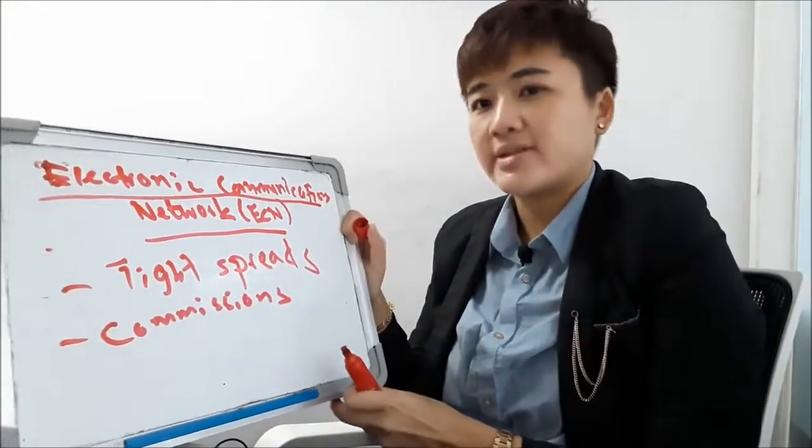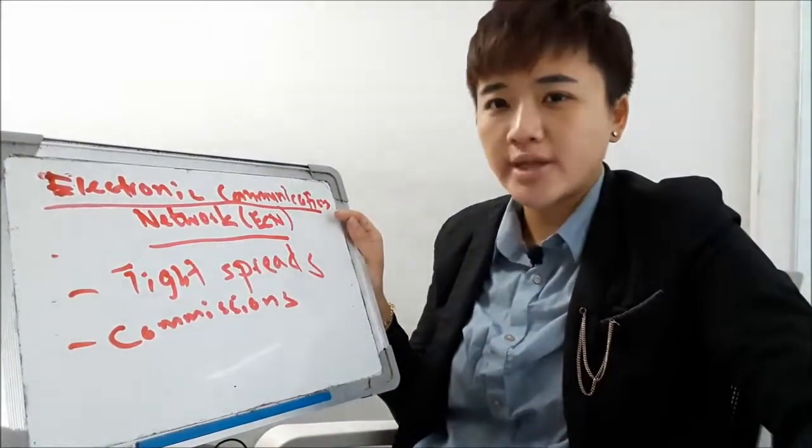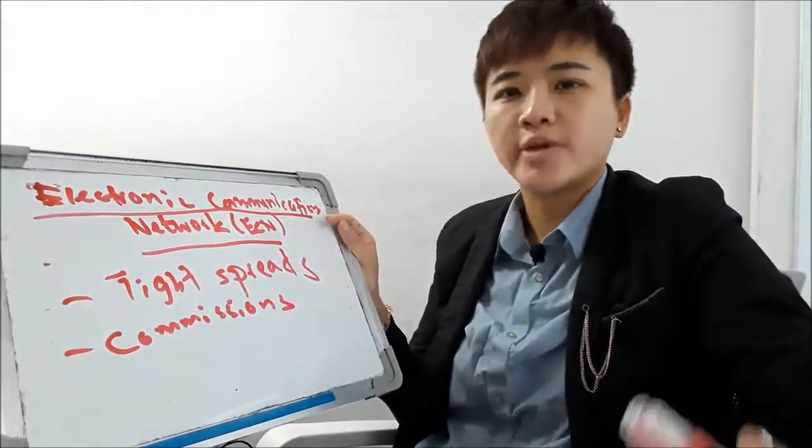So that's why when you trade with ECN, you would require to be more experienced to be able to trade in such a way that your trade profits can cover up the commission and the spread. So here comes the question, what are the 9 criteria